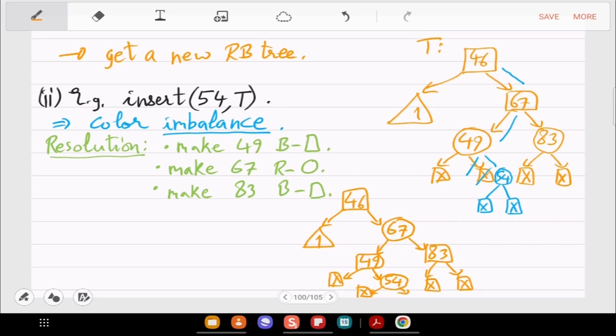So you swap the colors. Okay, so in the pseudocode you have to swap it. Now when you swap the color, you will see that red 67 may have red child 83. So there also you have a black height imbalance, so it's better to just make that child black. Okay, so there is no choice. This is basically a case that we have solved.